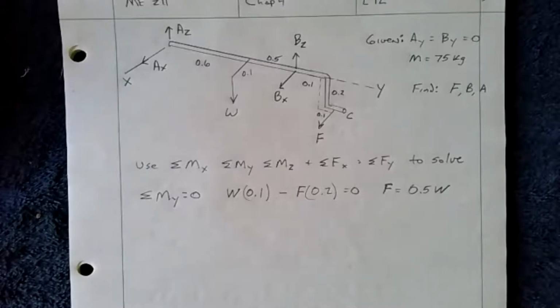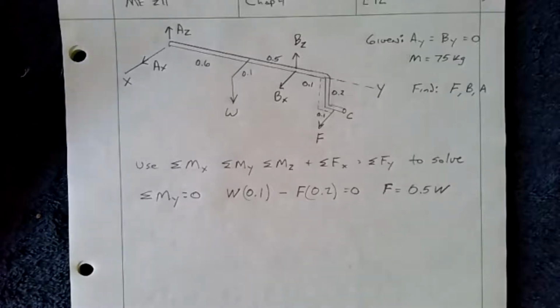Now, because everything is orthogonal in terms of the forces, we can just sum moments about the X, the Y, and the Z, and sum forces to solve. We don't actually have to do an R cross F per se. So for example,